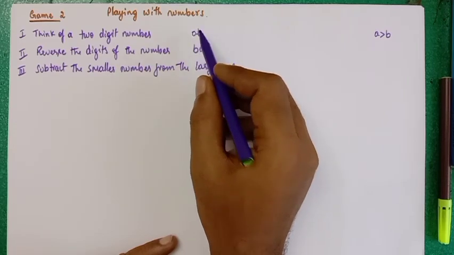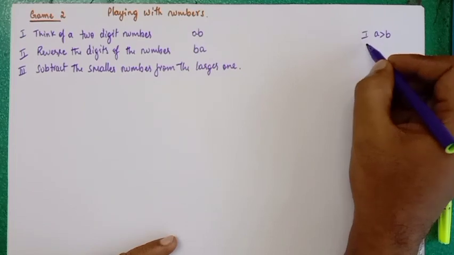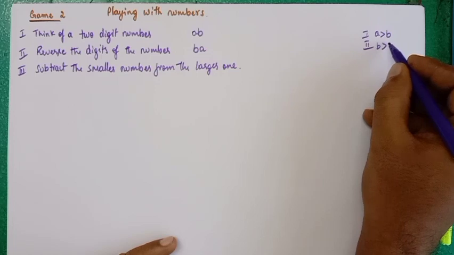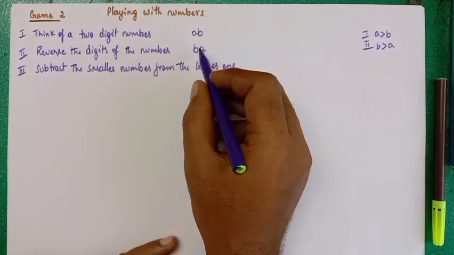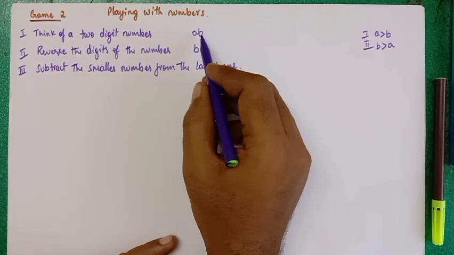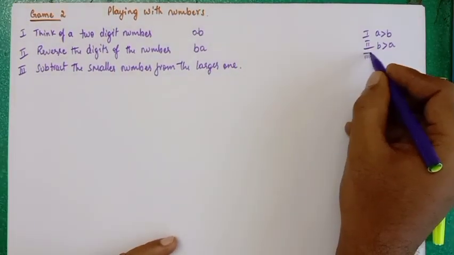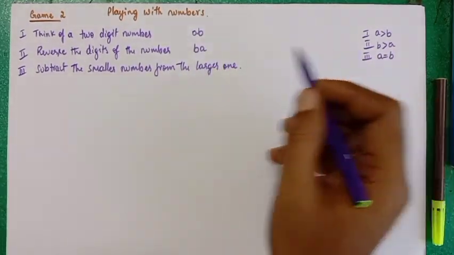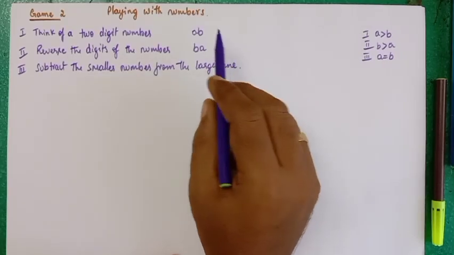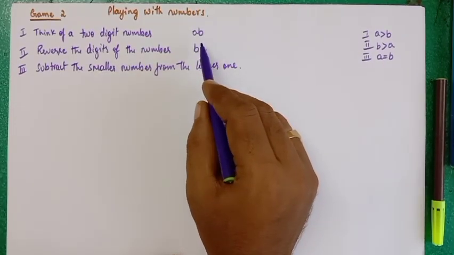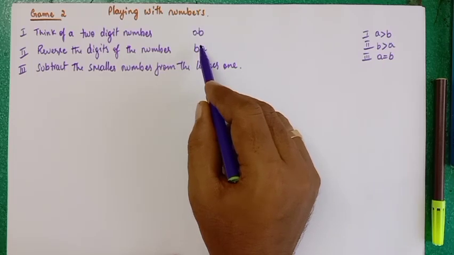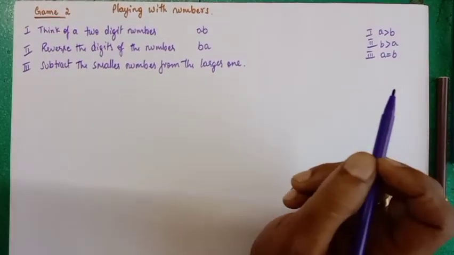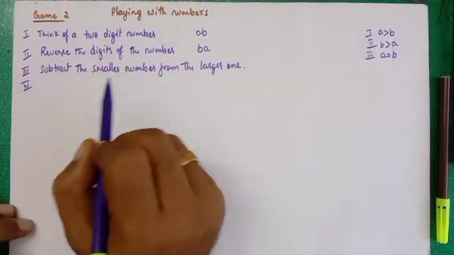But in the second case, if B is greater than A, what happens here? This number will be larger and this number will be smaller. In the third case, A is equal to B, when both will be equal. Whatever it is, in this step we should subtract the smaller number from the greater number. Do all these things, students,